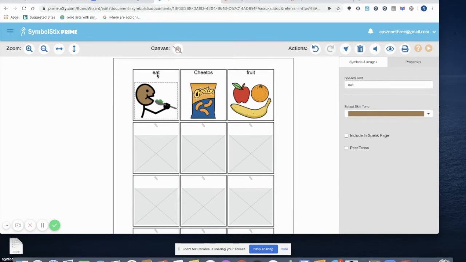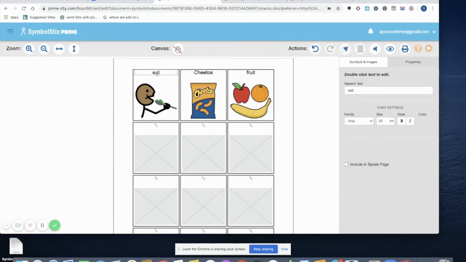If you'd like to modify the text, double-click on the word, delete it, and write what you would like it to say. There we go. You can change the font, size, and style here, as well as the color of text. One thing to keep in mind is if you select one of the colors from these spectrum colors, you can